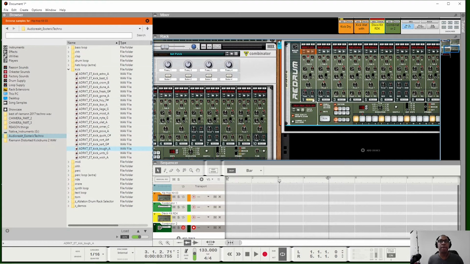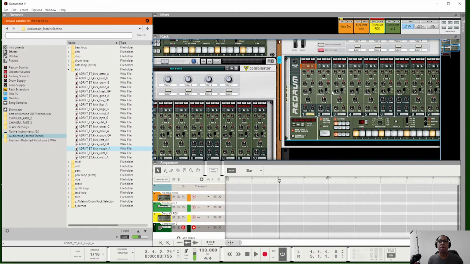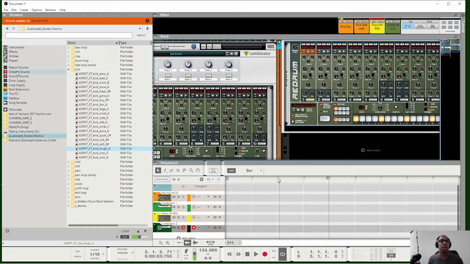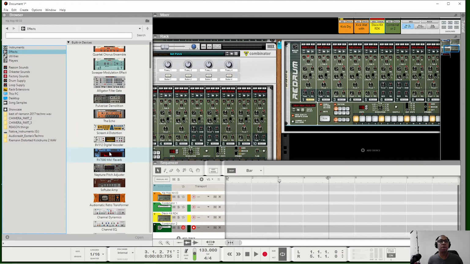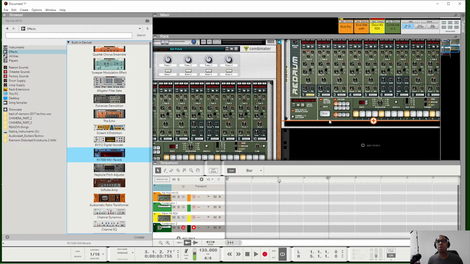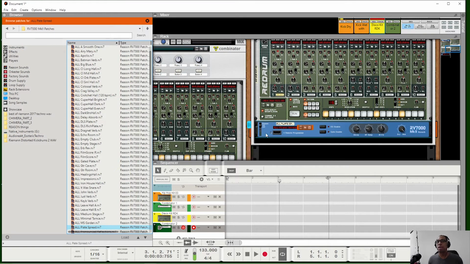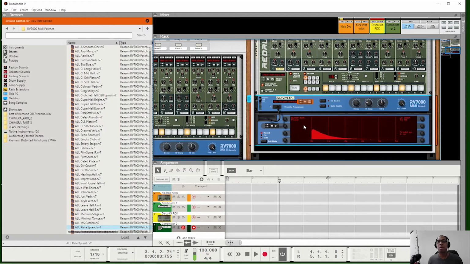Good. Then I already combined the kit. So let me throw a reverb here, and I'll use only this reverb just to show you that everything is possible within Reason. So it's pretty simple. So this is going straight to the reverb. I like that. Sounds like that, right? See, it's a mess. You won't hear the kick. So you go back here,